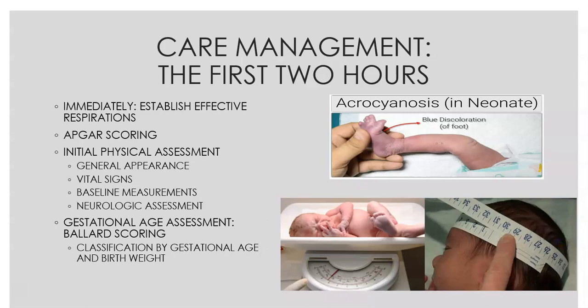So in those first 2 hours, some of the care management things that we are doing, the very first thing we're doing when baby comes out, whether it be vaginal or C-section, is looking and seeing if they're breathing, doing just a head to toe quick overview of what's going on. I mean, you're doing that as you're looking at baby. It's not really a specialized assessment. And part of that you're getting from doing the Apgar score, which we're going to talk about in detail in just a second. That Apgar score lets you know, based on their heart rate, their responsiveness to stimuli, their respiratory effort, and things like that, how they're doing, how they are adapting to their environment.